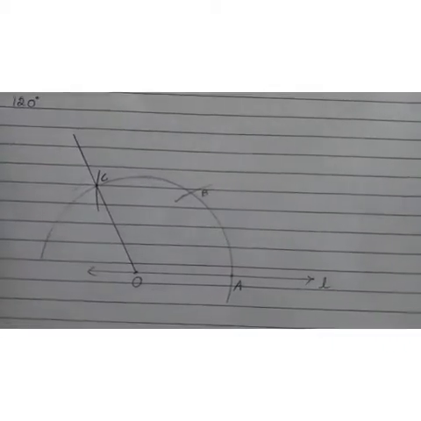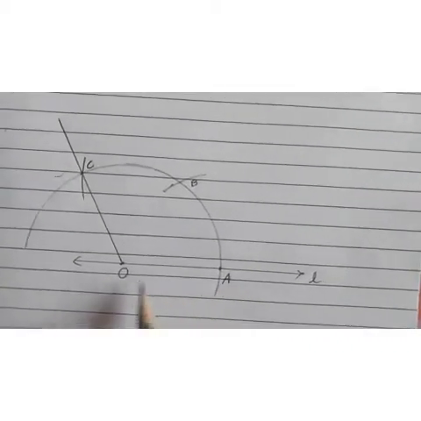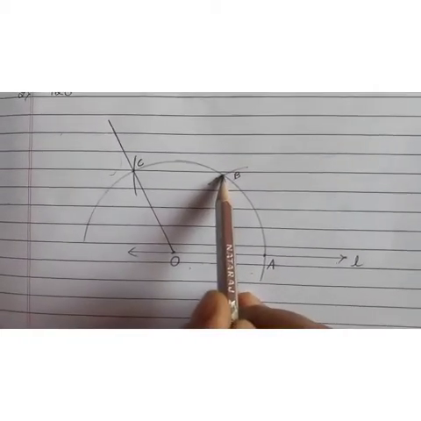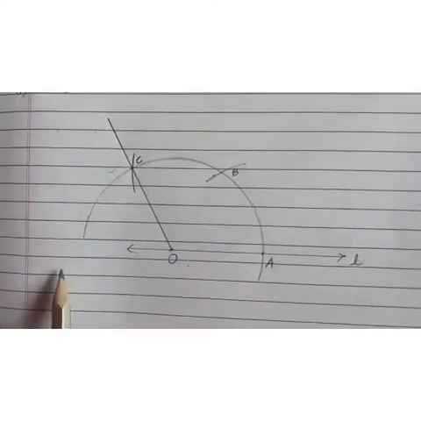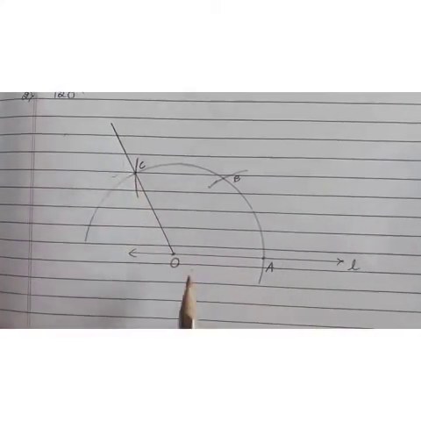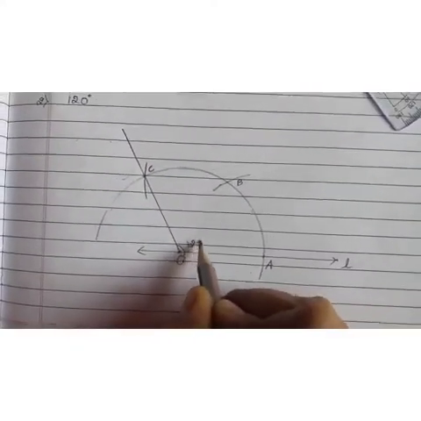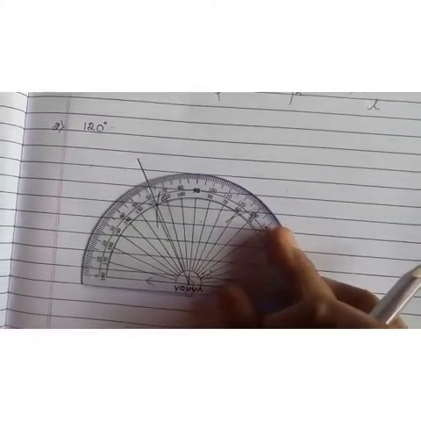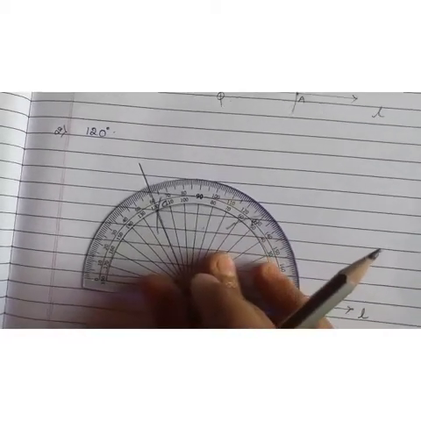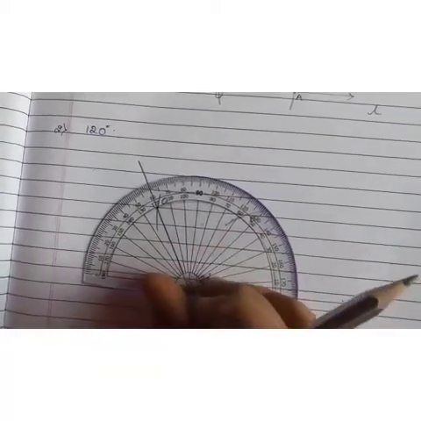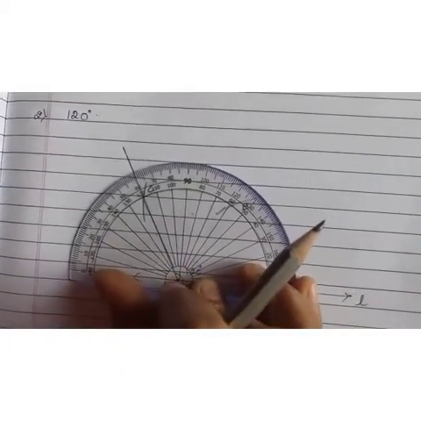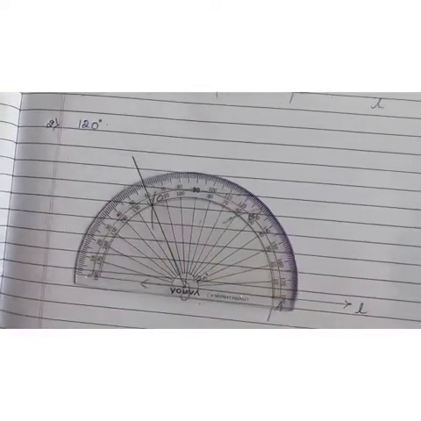So children, I hope you all are understanding this one. First you draw only one arc for 60 degrees. Now with this as center, draw another arc so that it will cut this big arc and make this point as C. Now join OC, and when you draw, you get an angle of 120 degrees. So just cross check it with the help of the protractor. See here children, it is exactly coinciding with 120 here. Is it clear?